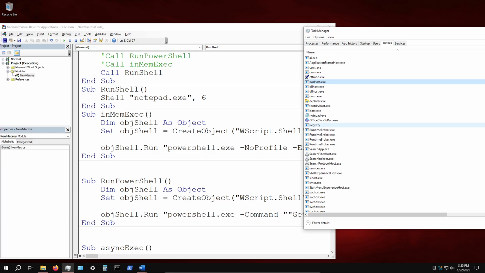And then vbNormalNoFocus and vbMinimizedNoFocus allow background execution without interrupting the